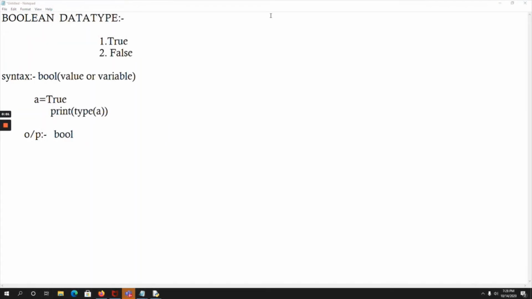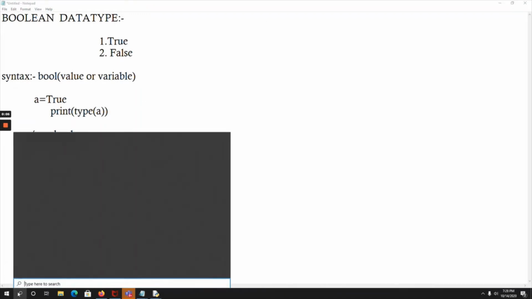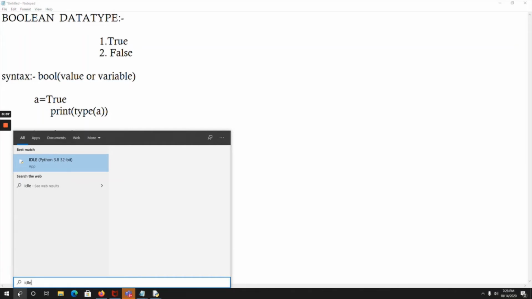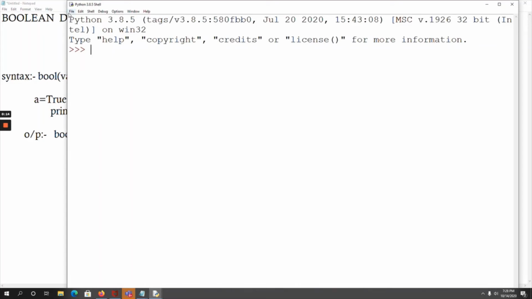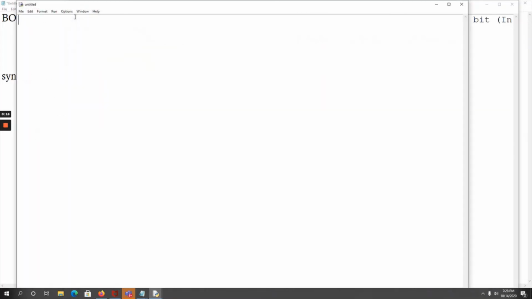Now let me show you another sample program. Go to Python IDLE, File, open new file. Here I am taking a variable a and assigning a value of 10, and to variable b a value of 20.